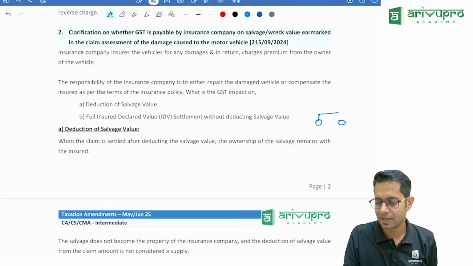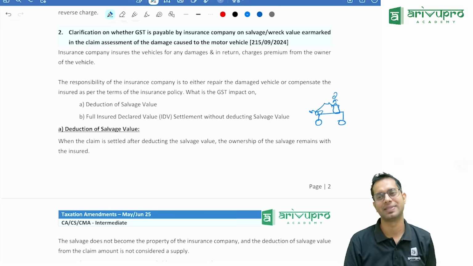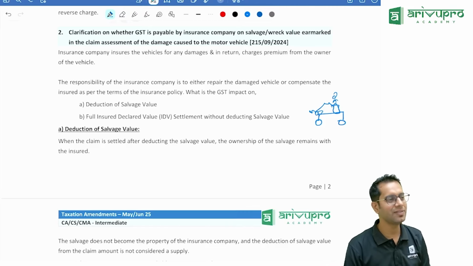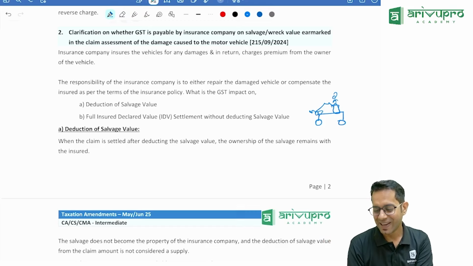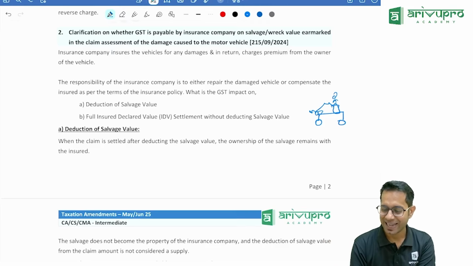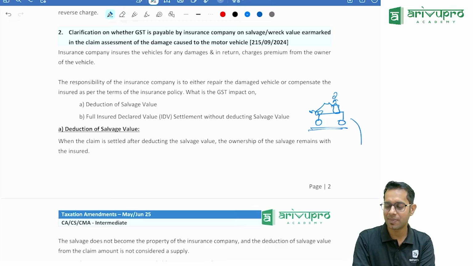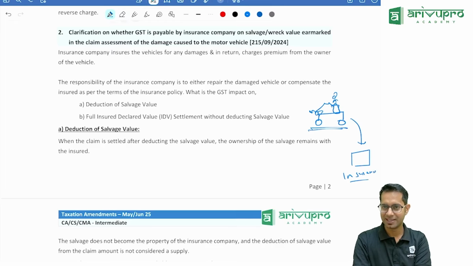Bike. One of our friends met with an accident before my class. Correct? The bike was completely damaged. Nothing happened to that person, but the person who was sitting with them, they used to come in the classroom. So the bike was damaged. When the bike was completely damaged, what will that person do now? He'll give his bike to the service center and he will claim insurance. So did you claim insurance? Not that much, not that much damage. Damage on the person was more. Okay, let us say he claimed insurance.